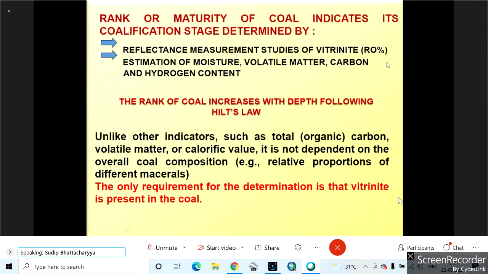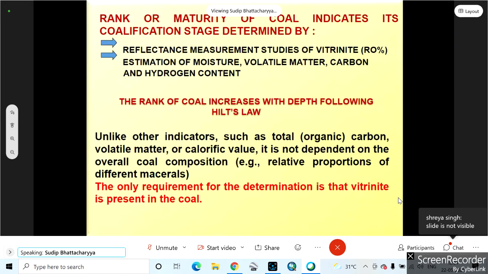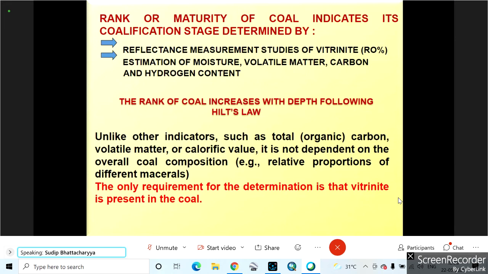Now another thing is there, that is rank. Rank means your thermal maturity that we were discussing earlier. Thermal maturity can be determined from the vitrinite reflectance value. It is actually called Ro, random reflectance value. So these things will tell you what maturity we are talking about, and the rank of the coal depends on